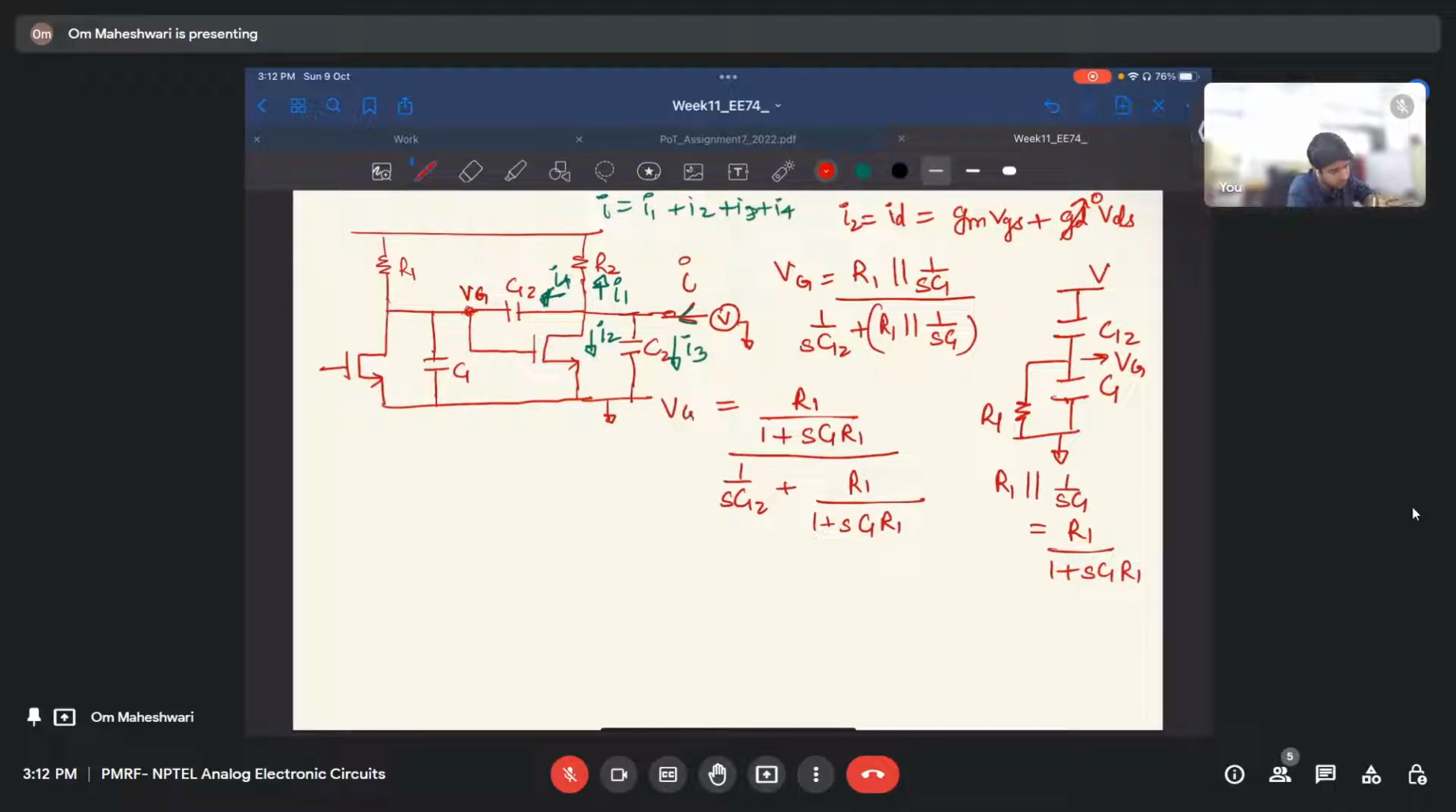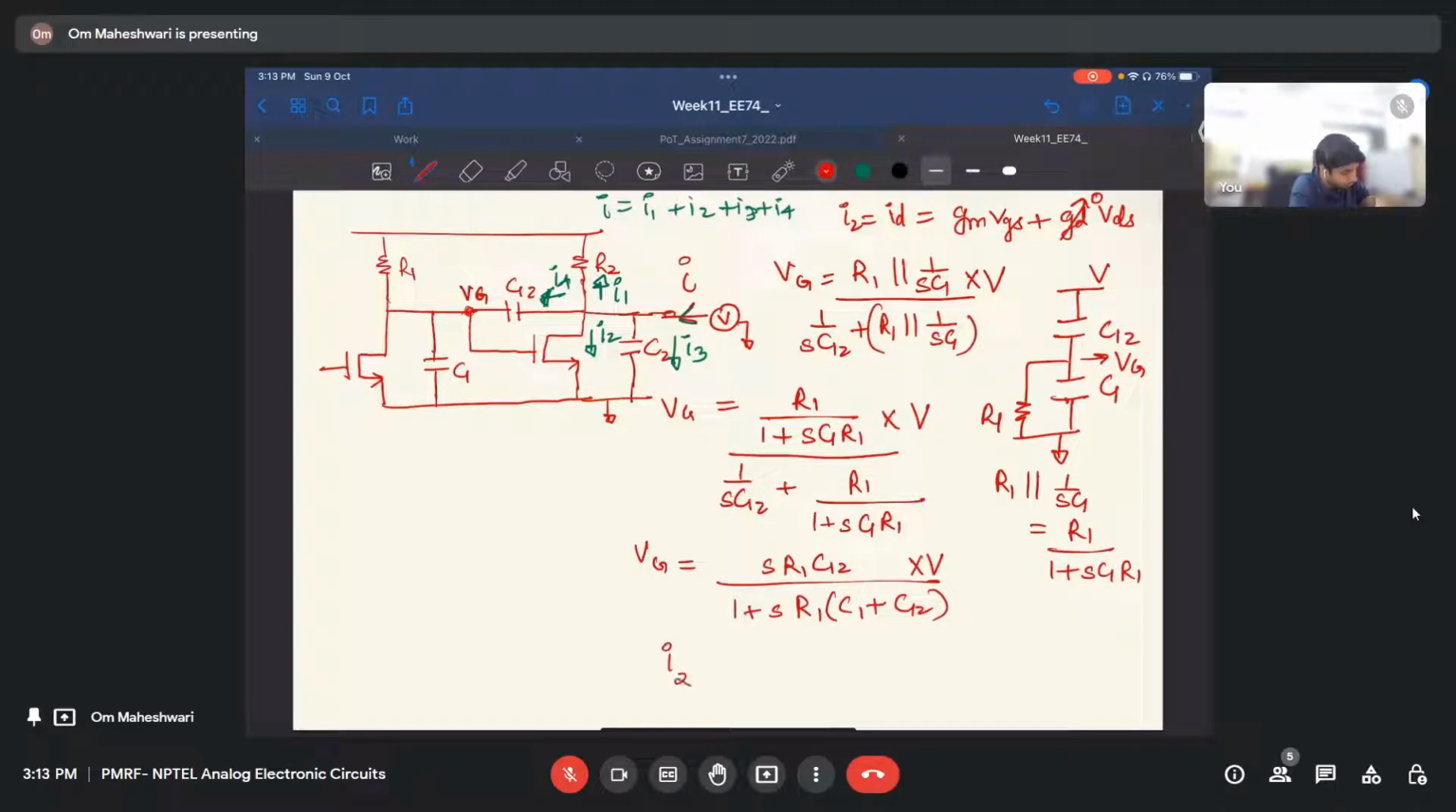Right, so this is VG. Simplifying a little further, if I take the LCM here, let me write 1 plus S. Finally what you will get is SR1 C12. We have V times V, right? So V times (1 plus SR1 C1 plus C12),